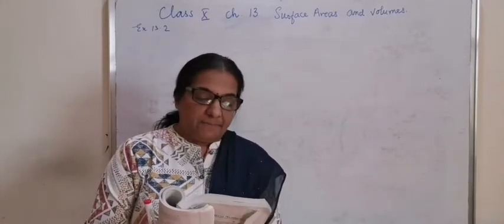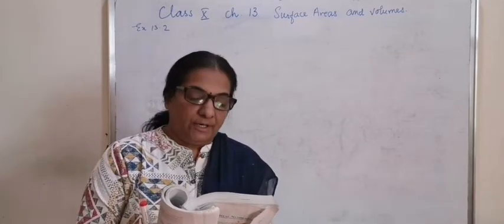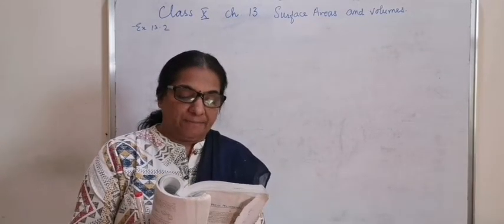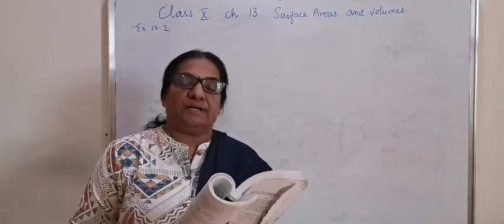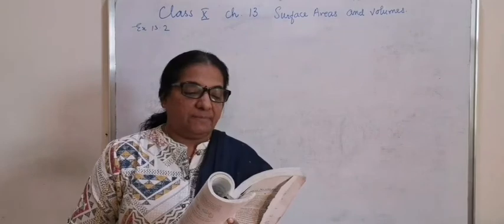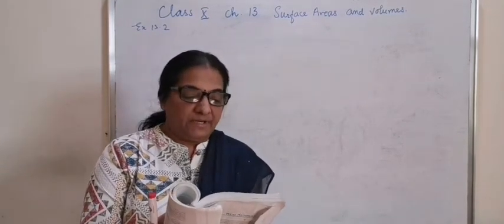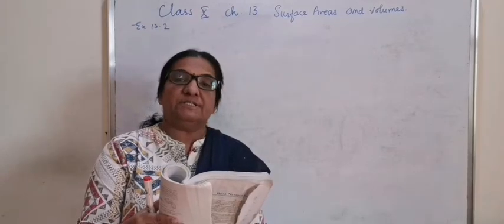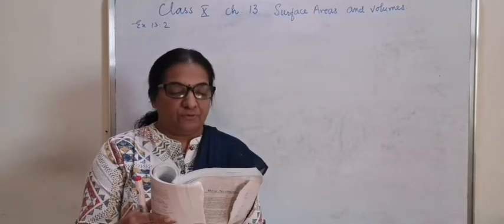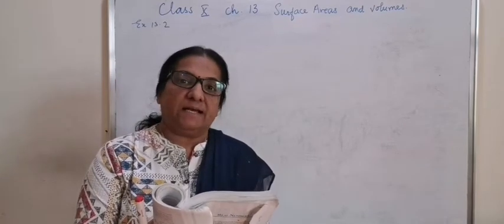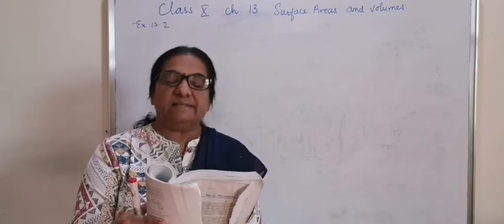Question 4. A pen stand made of wood is in the shape of a cuboid with 4 conical depressions to hold pens. The dimensions of the cuboid are 15 cm by 10 cm by 3.5 cm. The radius of each of the depression is 0.5 cm and the depth is 1.4 cm. The depth means the height of the conical part. Find the volume of the wood in the entire stand.